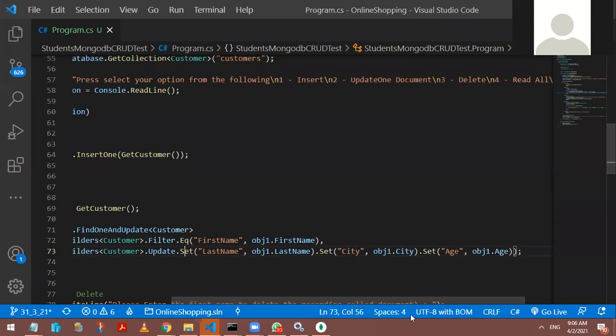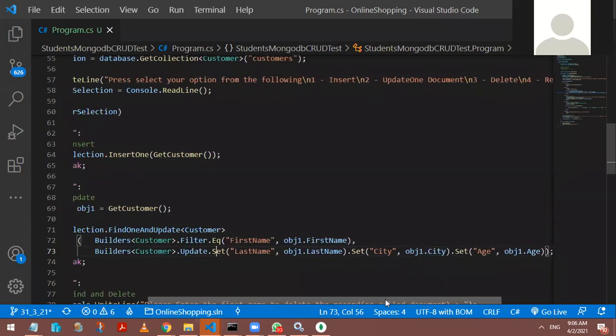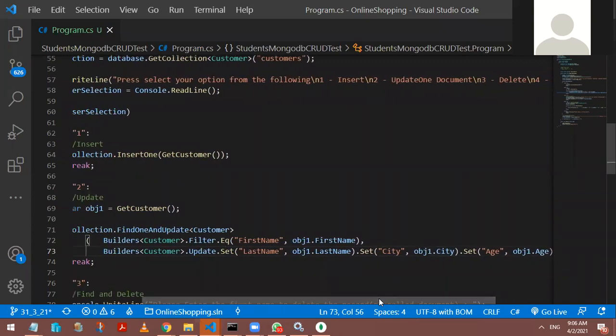So here you really find this programming looks like a much more object oriented way of programming, where we are relying on something called a filter. A filter defines the query: equal to, not equal to, less than, greater than. These kinds of expressions and operations will be there, so I can find what kind of filter criteria I would like to apply here.